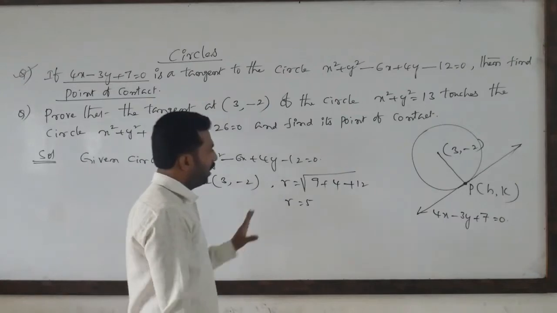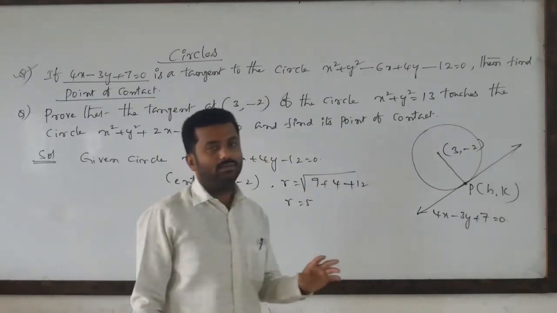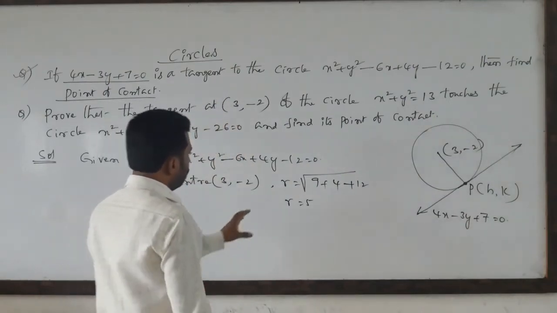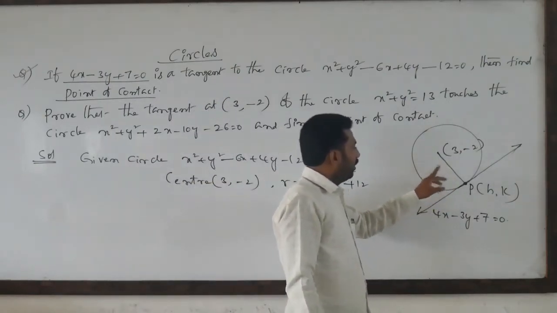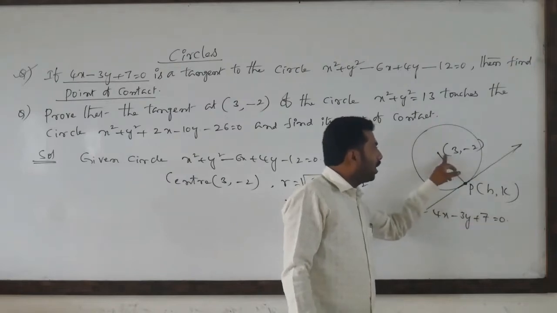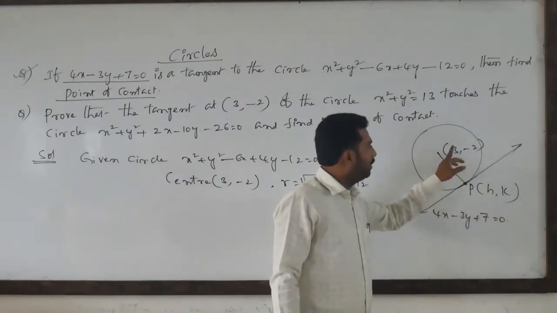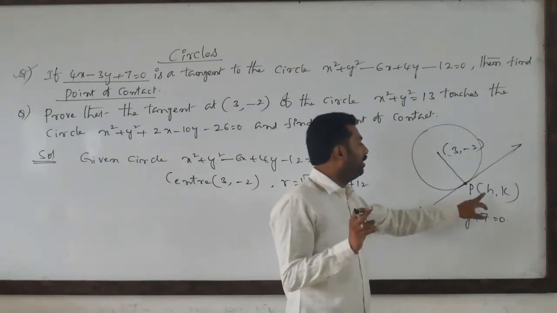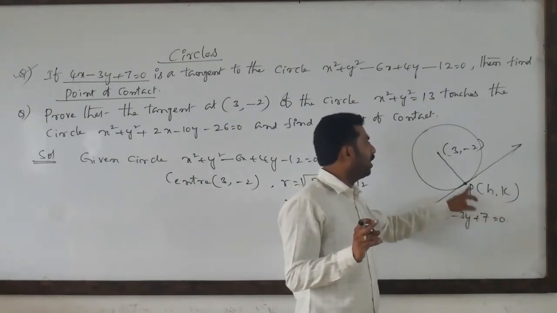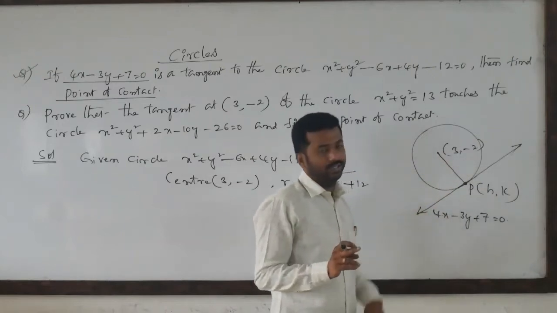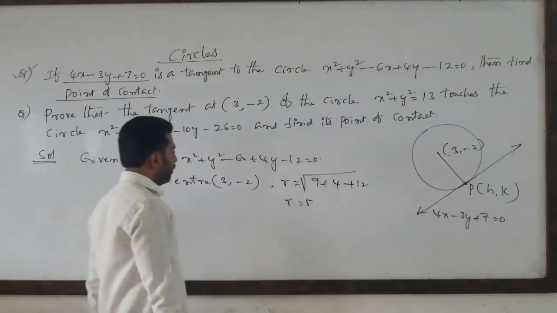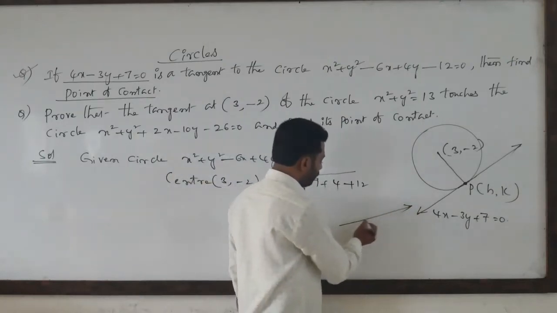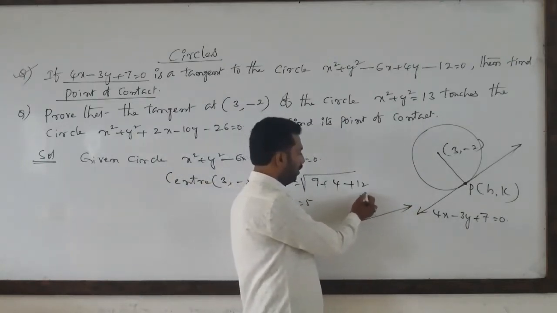But theoretically, how to proceed? If you know it theoretically, the entrance is very simple, you just remember this point. h comma k is the foot of the perpendicular from the center on this tangent. You remember, the point of contact is always the foot of the perpendicular from the center on the tangent. So for this, one formula is there. If you want, I will write this formula here.